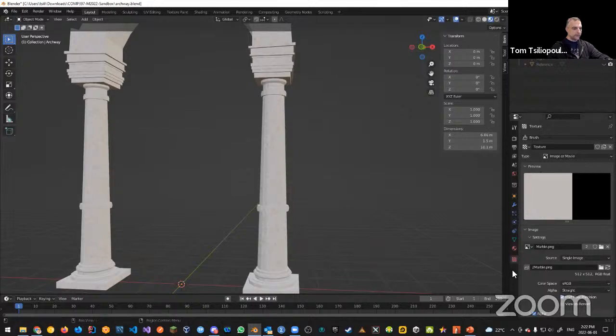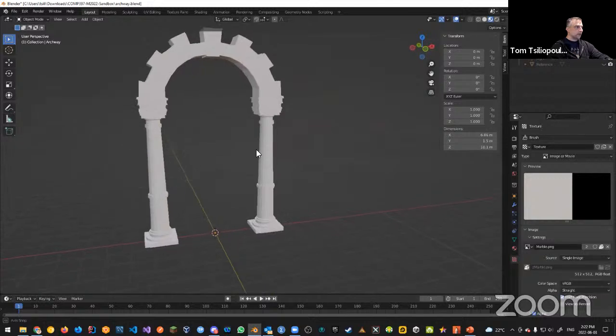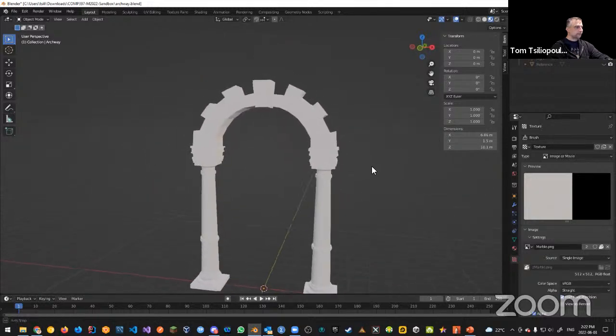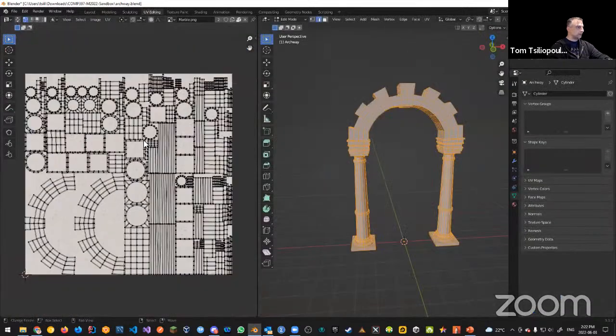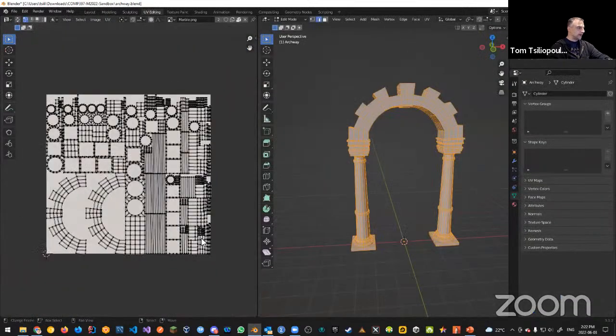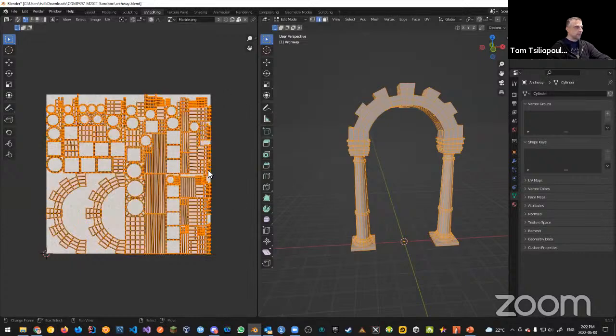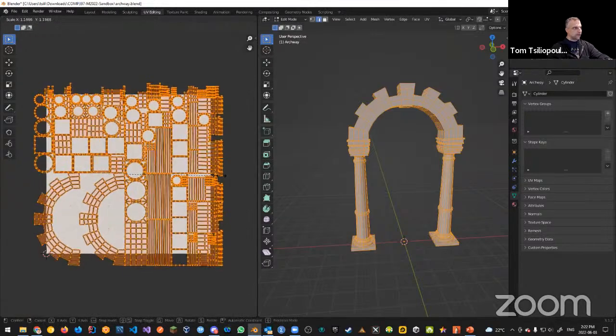That's the one I want for this one. I want to also save that. And what I want to do is inside of UV editing mode, here's UV editing mode. You can see that these are the islands that I did with a UV unwrap, smart UV project. Right, I'm going to select all these and scale them up a bunch of times, like maybe